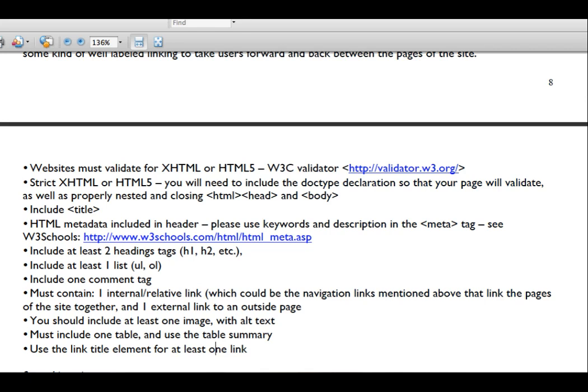So what I flipped over to just now is the very bottom of the syllabus. I think it's page 9 of the syllabus that lists the elements that you need to include in your personal website. So your personal website code has to validate as either XHTML or HTML5, which means that your page has to have a doctype declaration and properly nested tags. You need to include the title tag in the header. You need to include a little metadata in your header, the keyword and description in meta tags